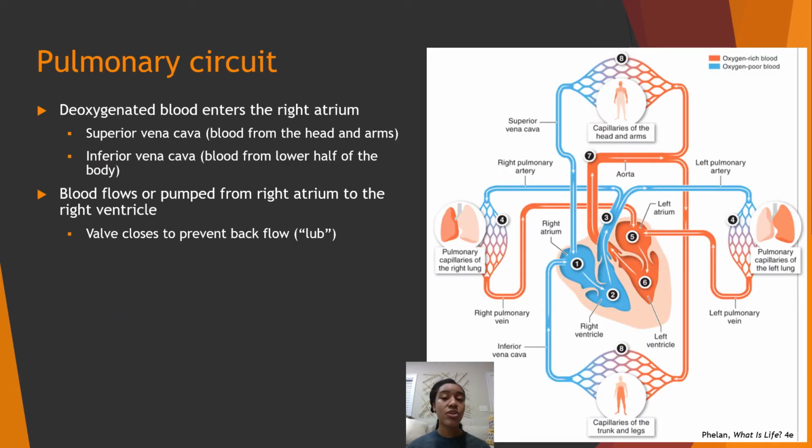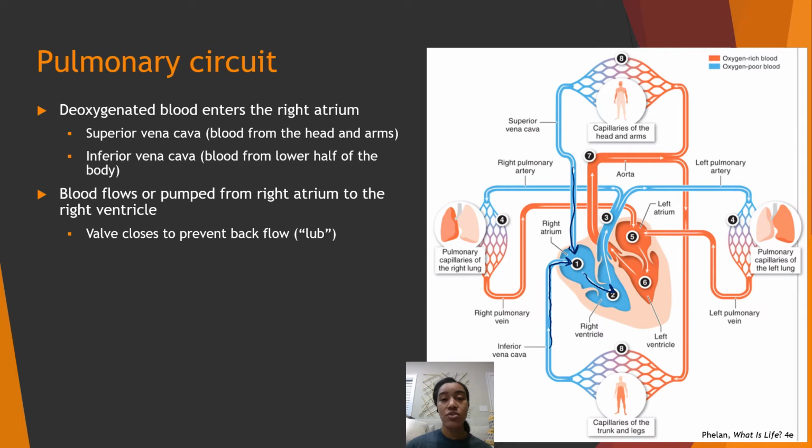Now let's take a closer look at this 2-circuit system. We'll begin with the pulmonary circuit. So in the pulmonary circuit, we'll start with deoxygenated blood entering the heart. Deoxygenated blood from the head and arms will enter the heart via the superior vena cava, which is shown here. And then deoxygenated blood from every region that's below the arms will enter into the heart via the inferior vena cava here. The deoxygenated blood will collect in the right atrium, and then it will flow from the right atrium